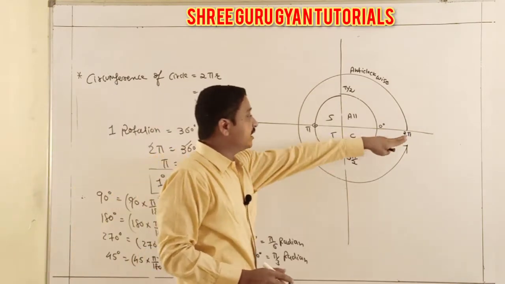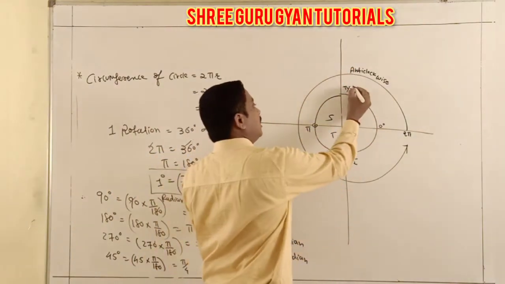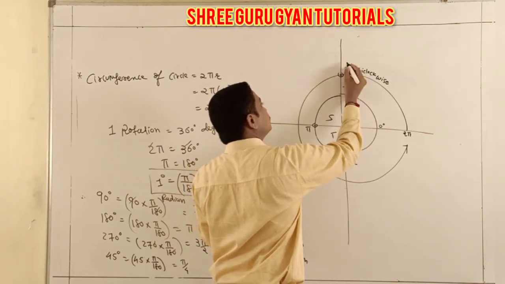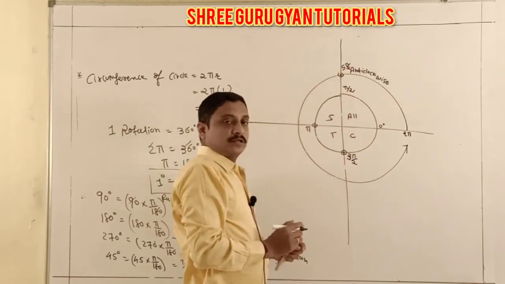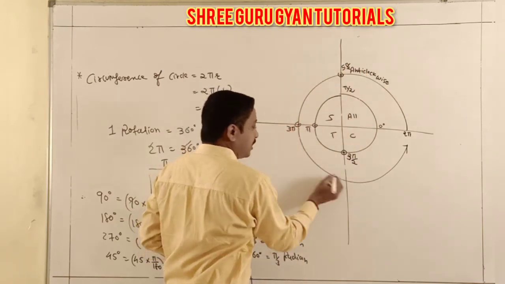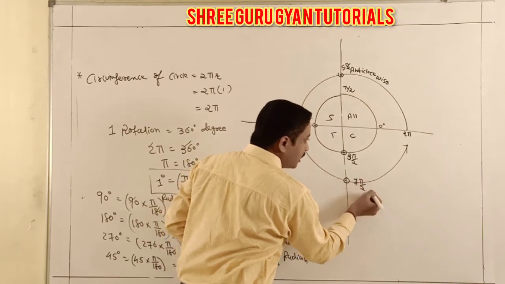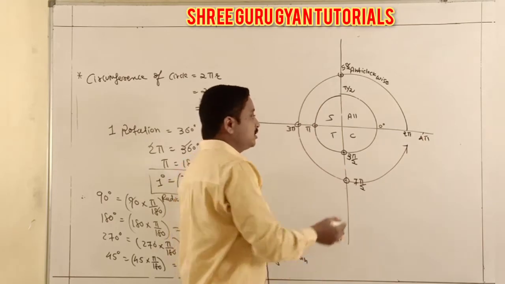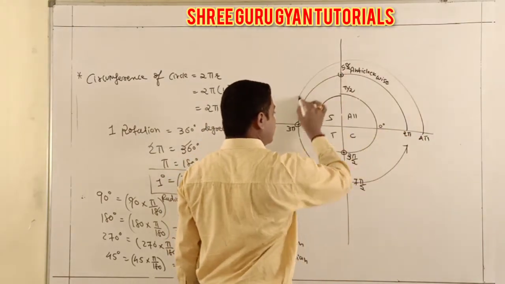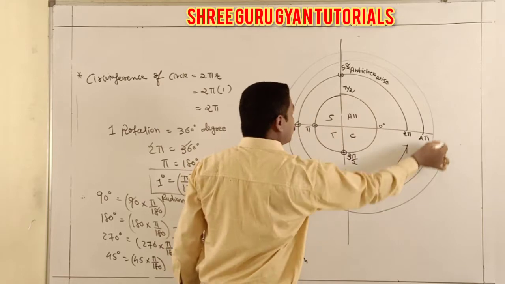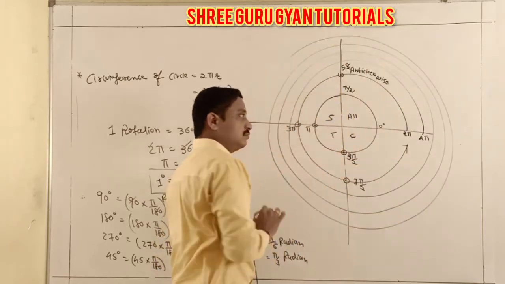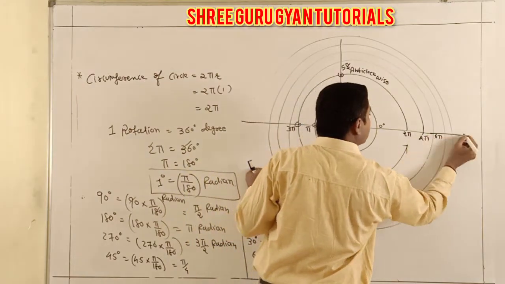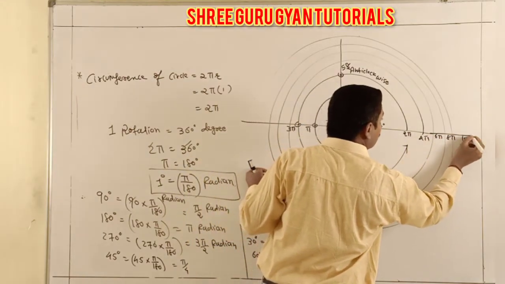Now if you add another rotation, 2 pi plus pi by 2, the next point is 5 pi by 2. Next here 3 pi. Next here 7 pi by 2. And after one more rotation is completed, here we get 4 pi. This means you can rotate in infinite ways and continue moving. It covers infinity, to 6 pi, 8 pi, 10 pi, move ahead.